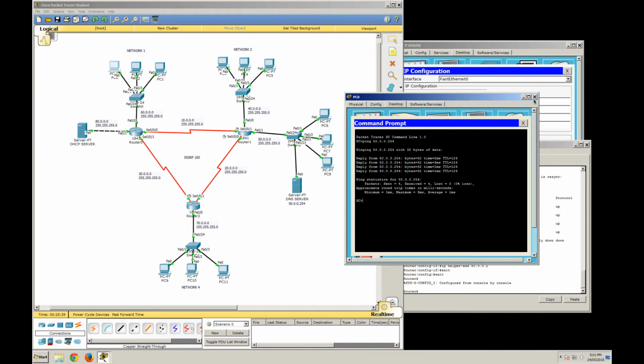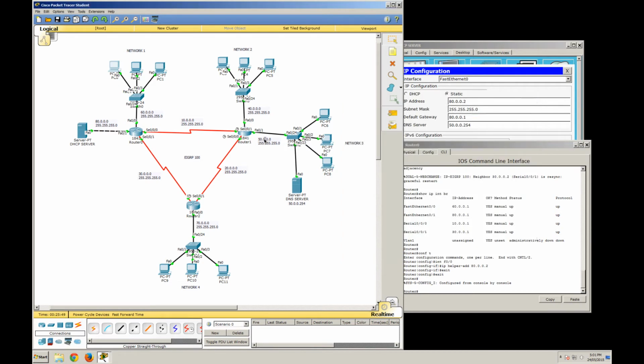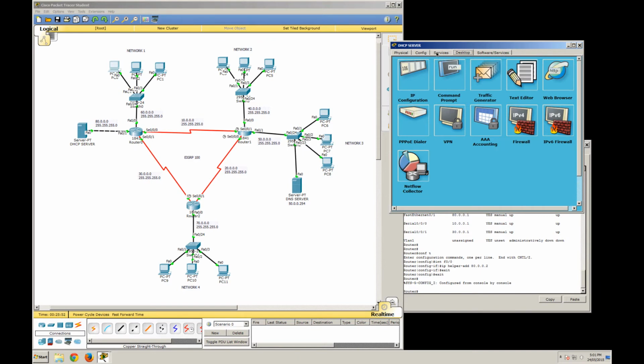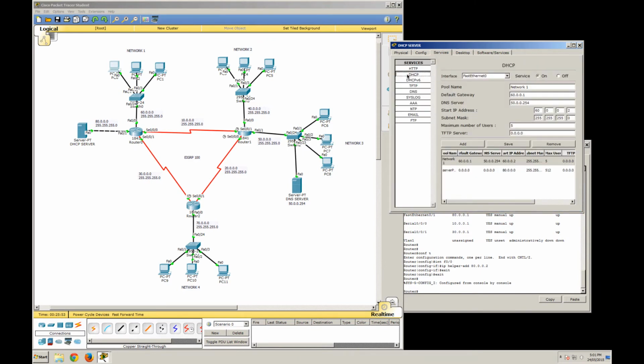So we've configured a DHCP server for one network, which is network 1, but we need to do it for 4 others. So to do this, we simply go back to the DHCP server, go back to the service and the DHCP tab, and create a new one for network 2, network 3, and network 4. So network 2. Default gateway, again, this is the default gateway for the network, not for the DHCP server, which is